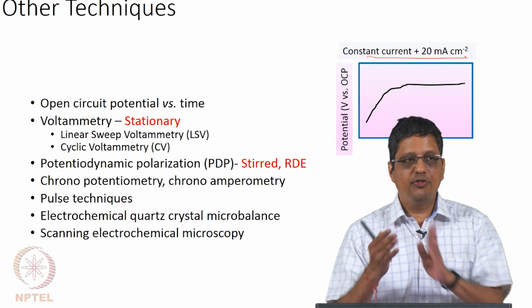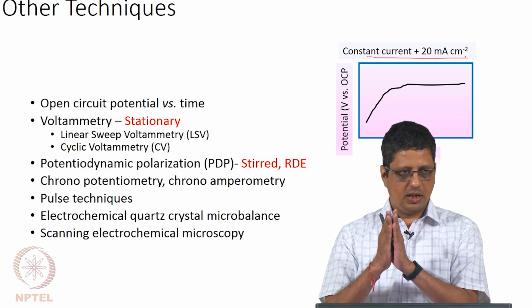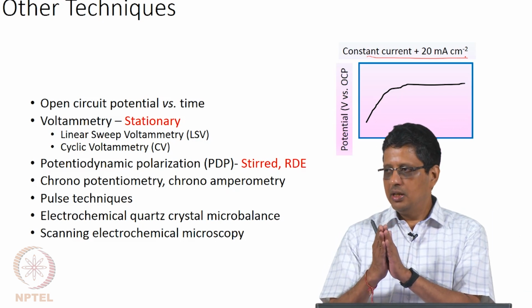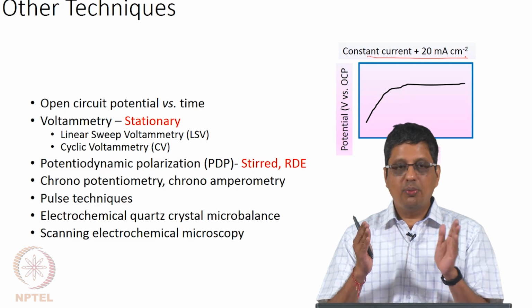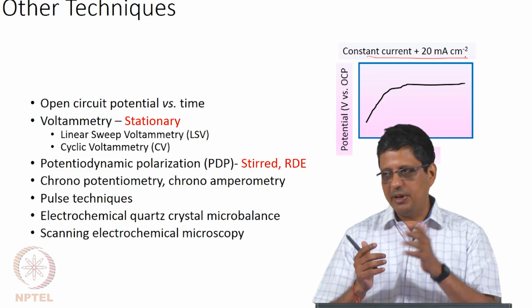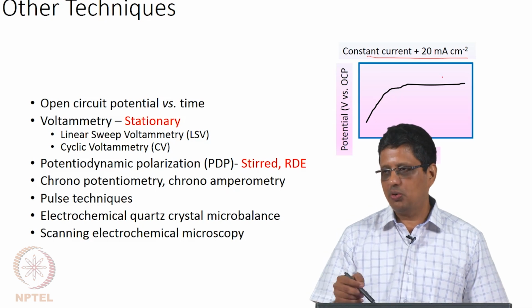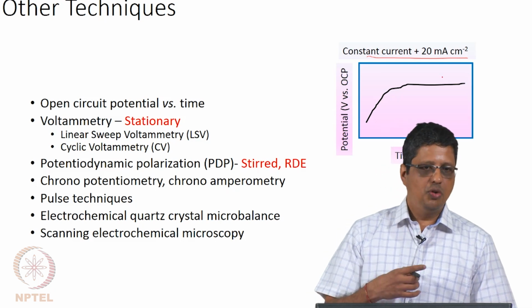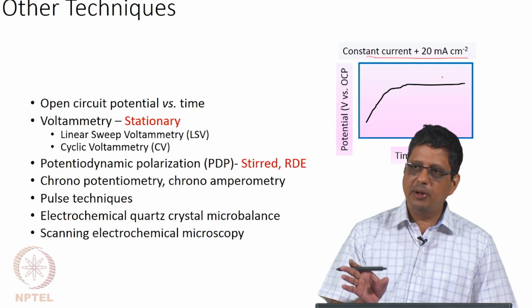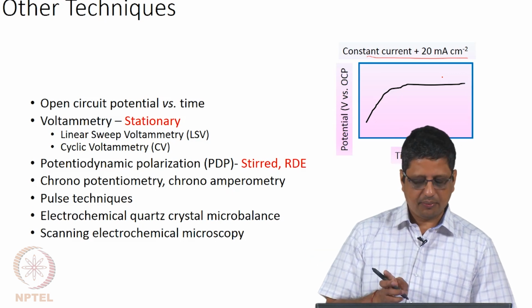In other cases, you might form an oxide on the top of the surface by giving a constant current. Oxide thickness will increase, therefore the potential needed to maintain the current will keep increasing. So, by looking at the potential as a function of time, here I am giving you one example qualitatively, I just drew a graph, but you may have other responses. Based on that, you can interpret what is happening in this system.